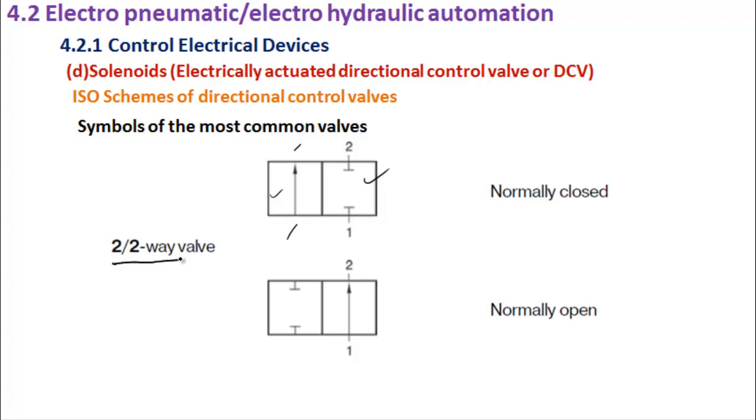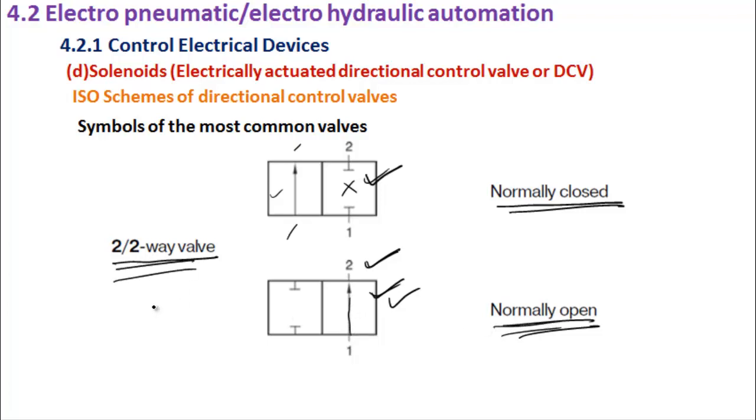Okay, now a 2 by 2 way valve can either be normally closed. Why is this called normally closed? Because in the normal position, there is nothing passing through 1 and 2, so it is normally closed. Whereas in this kind of schematic, this is called normally open, because the normal position is given by the number, the square which is put with a number. Here in the normal position I am having the fluid passing through, so this is basically a normally open 2 by 2 way valve or 2 by 2 DCV.